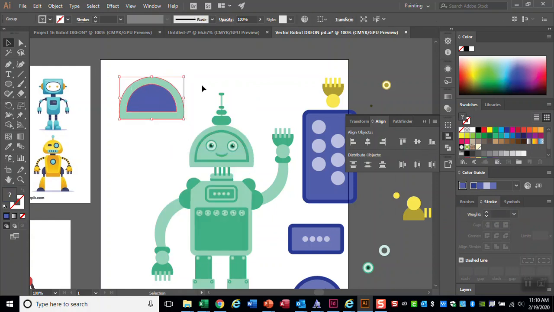So that's an easy way to make some shapes that are similar, alt dragging, aligning objects. So those are the two new